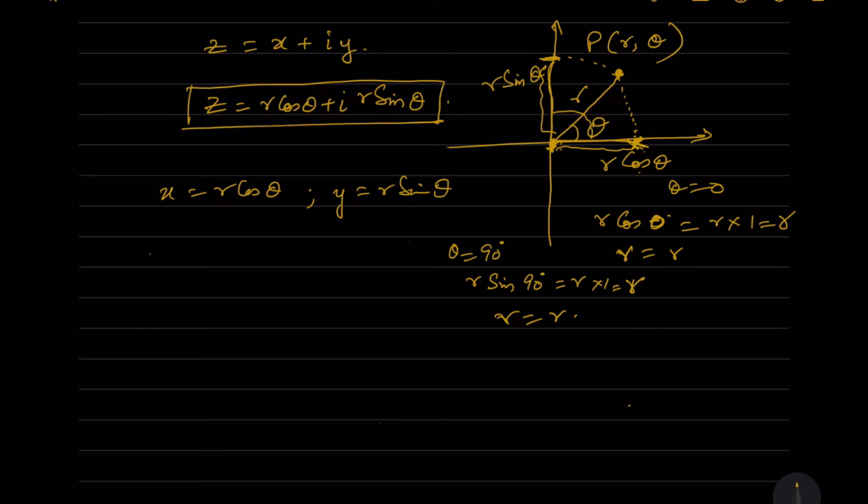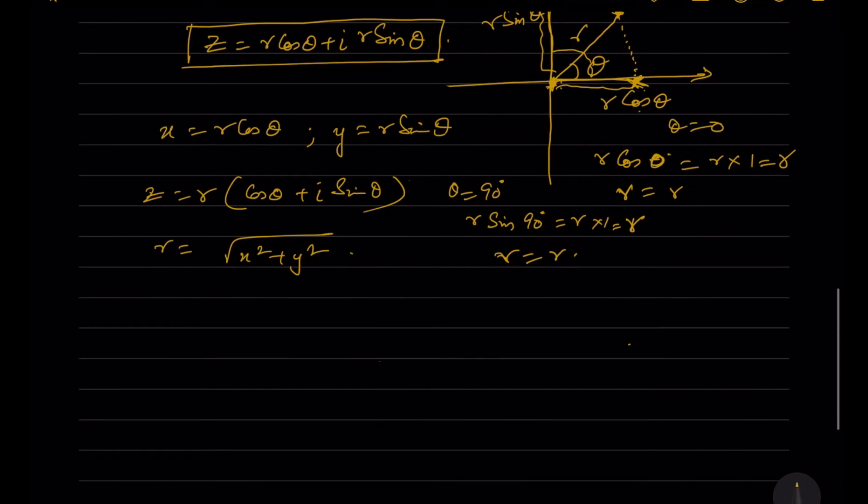And we also know that if you take r common, you can write this as r times cos theta plus i sin theta also. And we also know that r is equal to under root of x square plus y square. We have this formula because it's the distance from the origin to the given point in the plane. So this distance is nothing but root of x square plus y square. How did we get this? We'll just see. Now we know that, taking this as equation 1 and this as equation 2,